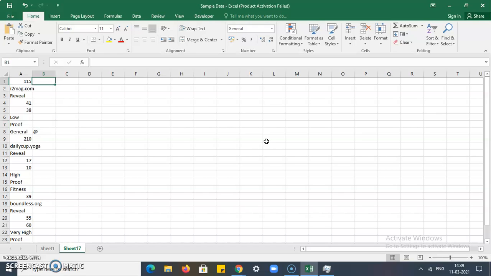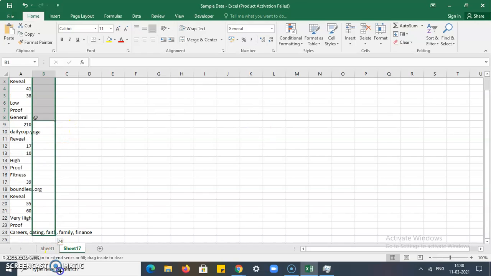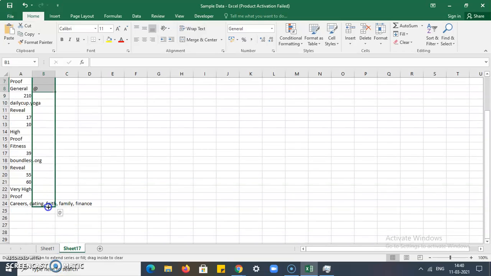To make that, go to the upward side of the same column. Type the @ here, and go up by pressing Ctrl up arrow, then press Ctrl Shift and down arrow. Now you have selected these 8 cells, and you have to just drag these 8 cells till your data is there. Now you can see my @ is coming after each 8th field.